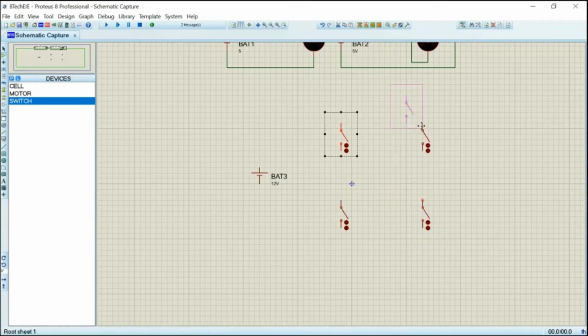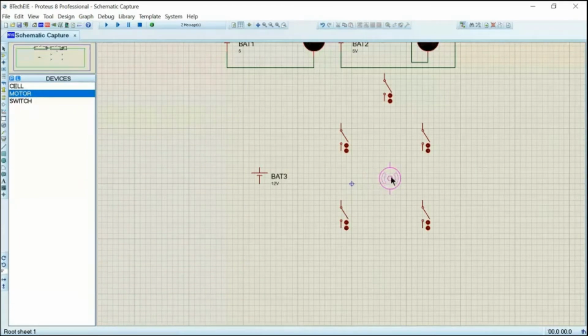There is also another switch which we discussed yesterday. What is that switch? Enable switch. Once the enable is on, only then will the entire circuit work. Otherwise, nothing will work. So this is the enable switch. Okay. So once you put the switches, now it's time to take the motor.